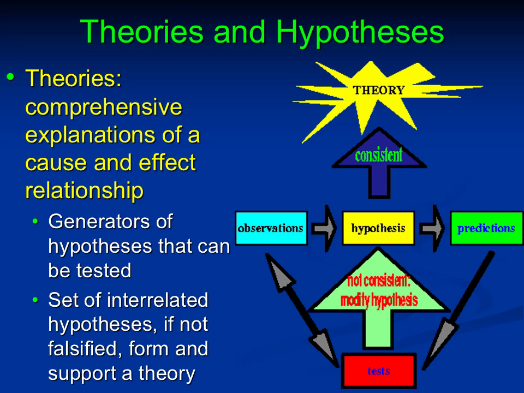So we could say that a good potential theory is always going to yield hypotheses that can be tested or verified. And of course, the other side of that same coin, you want to generate hypotheses that cannot be found to be false over time through doing good hypothesis testing. And so that's a good potential theory. On the other hand, we'd say a faulty theory is one that yields hypotheses that can't be tested, or in fact that yields contradictory hypotheses.